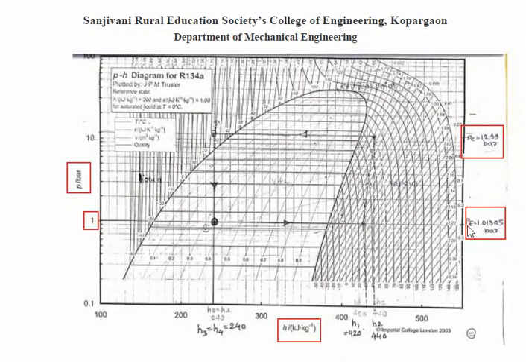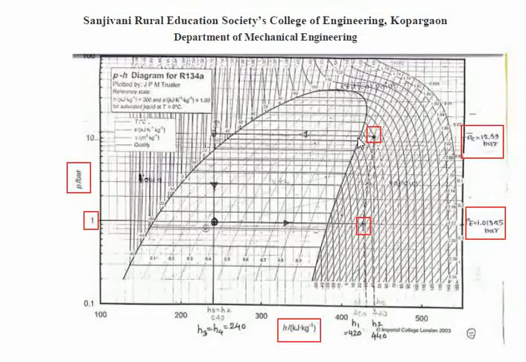So, draw the two horizontal lines parallel to the x-axis. Now, what you have to do? For example, T1 is 27. Take the 27 line, follow that line, and when the temperature line cuts this evaporator pressure line, that point will be T1. Again the same thing, T2 after compression, that is 60: follow the 60 line, and where it cuts the compressor pressure line, that is point 2.